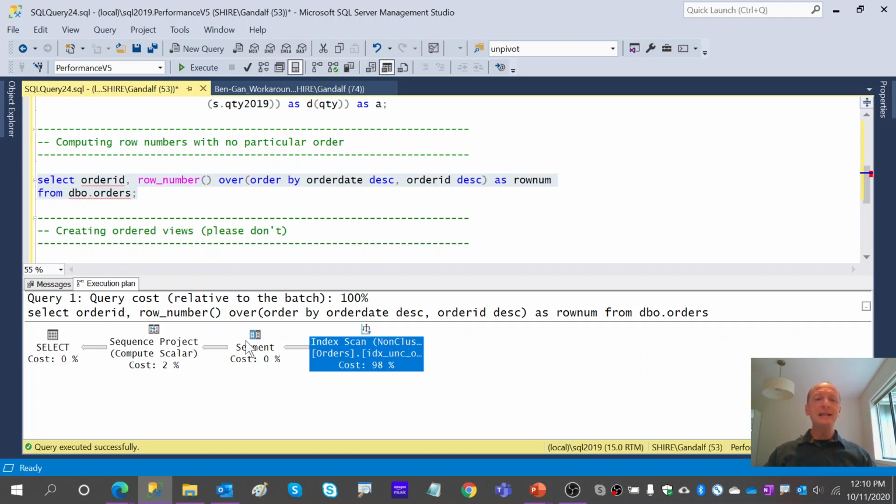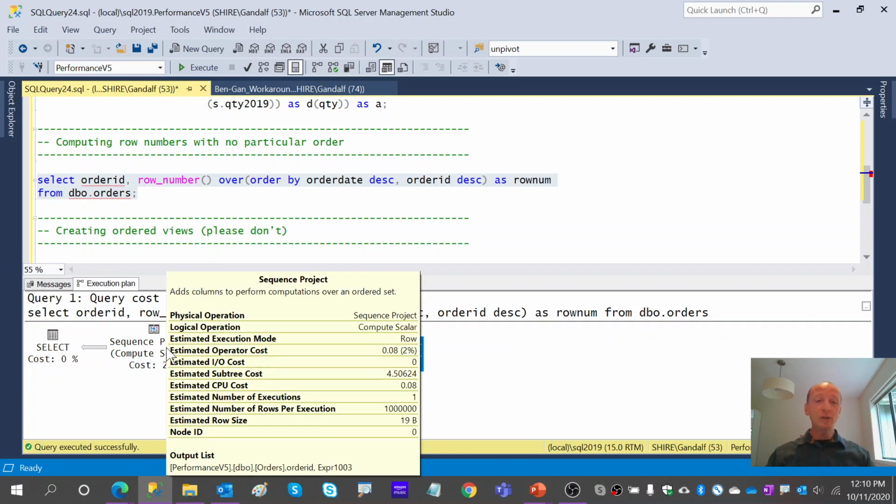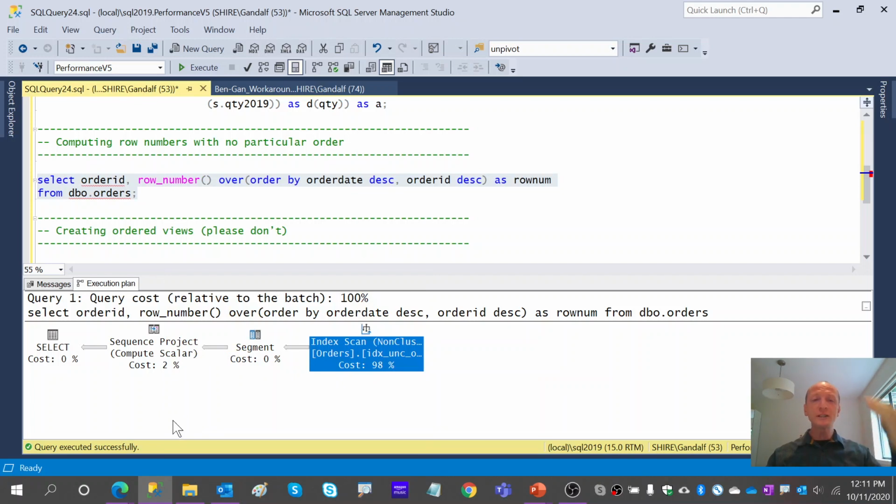work. And then the segment operator getting the rows ordered by the window partition element if there is a PARTITION BY clause, or if there isn't, we're just assuming that everything is one big partition. A segment just flags the sequence project operator when a new partition starts. And then sequence project knows at the beginning of the partition to set the value to 1, otherwise to just add a 1. So the point being, we avoided a sort activity in this plan.